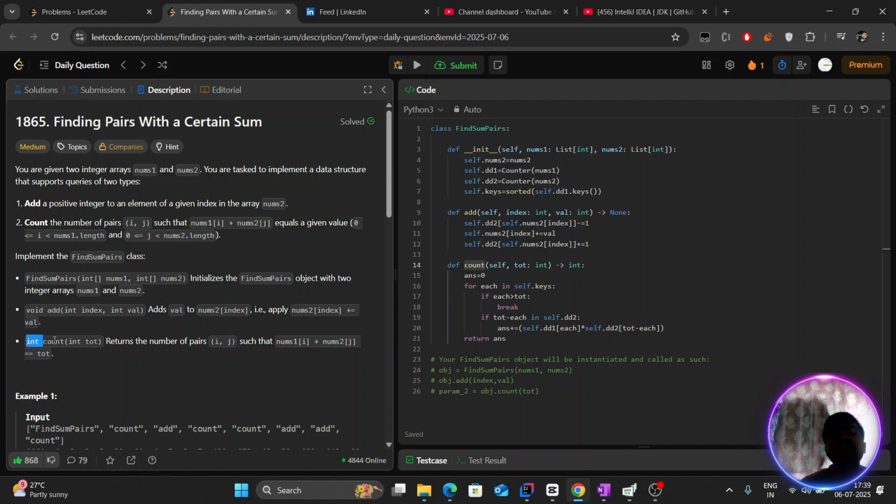The second function is int count, and tot is given to you. Tot means total. We have to return the number of pairs (i, j). For i we select from nums1, with i ranging from 0 to nums1's length; within that boundary we can select any index, and nums1[i]. Similarly, j we select from nums2, and their sum should be equal to the tot value given to us. I guess the problem is very straightforward and simple. If you read it line by line with proper attention, you will definitely get the gist the very first time. But let's go with the